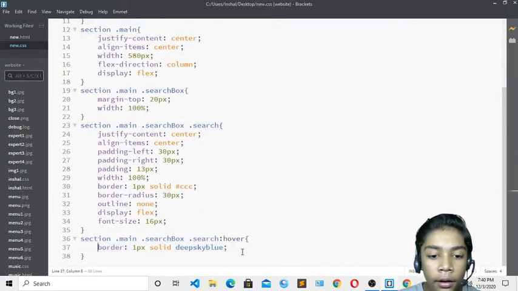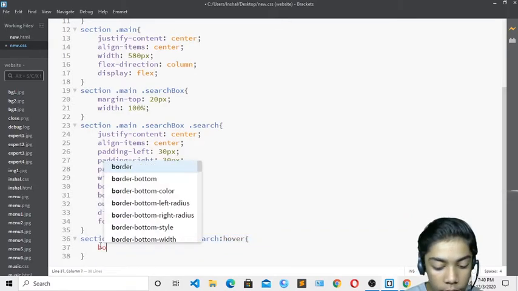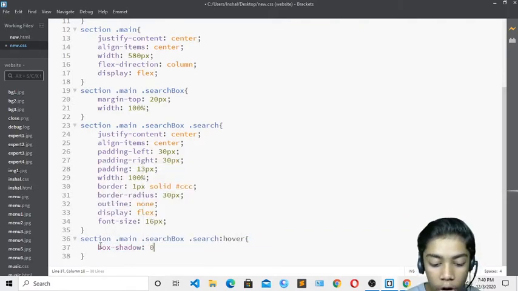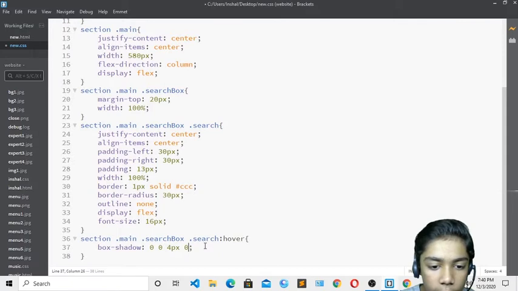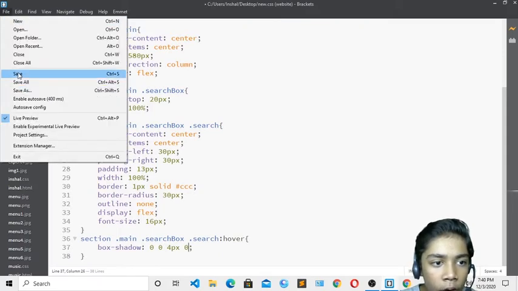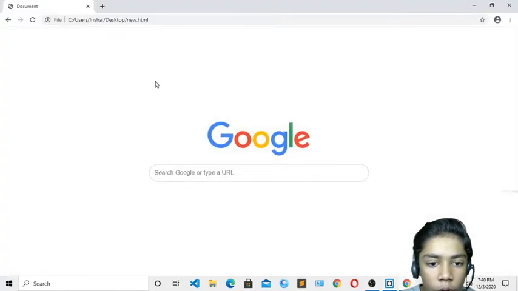Okay, so if you don't want that, if you want a box shadow, you can also do that. Just come over here and write box shadow, which will be 0 pixel, then also 0 pixel. Now it should be 4 pixel. Just erase this 0 from here and write pixel. Then write 0 here, then erase this 0 from here, and save. Now if I show you, you can see I am having the hover effect which we are getting on Google.